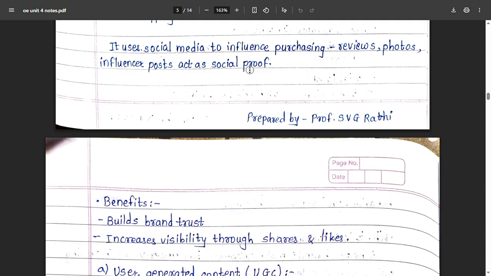That's user generated content. For example, a customer posts a photo wearing a brand outfit on Instagram. That's user generated content, content like reviews. If we buy something, we give ratings or reviews, or we post photos or videos.